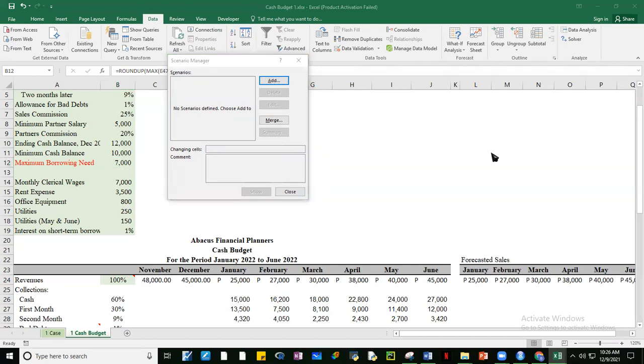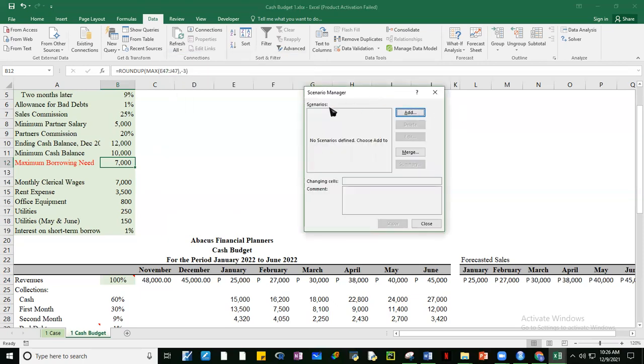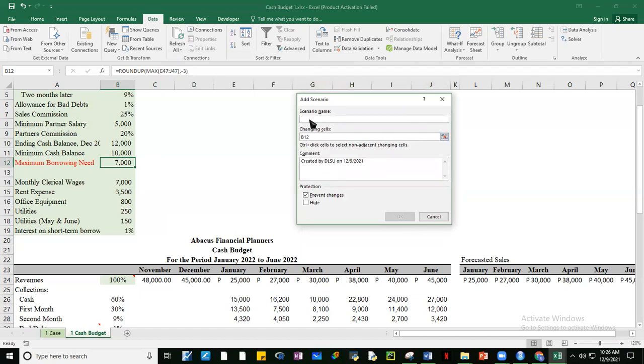Okay, good. All right, so let's now set up our scenario manager. So mag-a-add tayo, add. Let's call it a name. Unang-una yung best case natin. Or we can call it optimistic or best case na lang. Best case scenario. Okay, nakalink yung cell na to dito sa, okay, so let's go here.